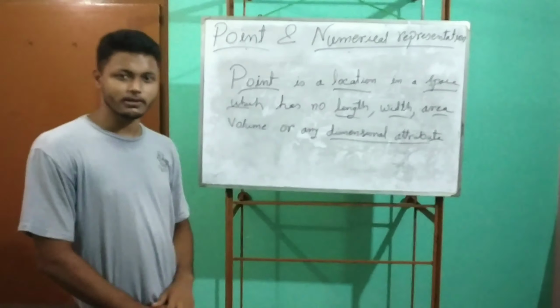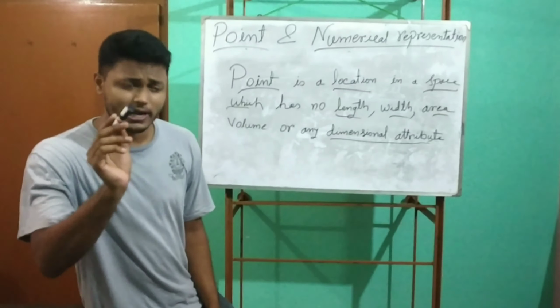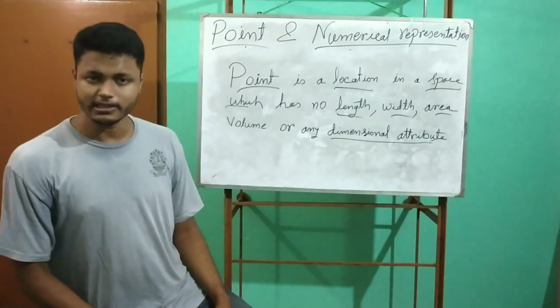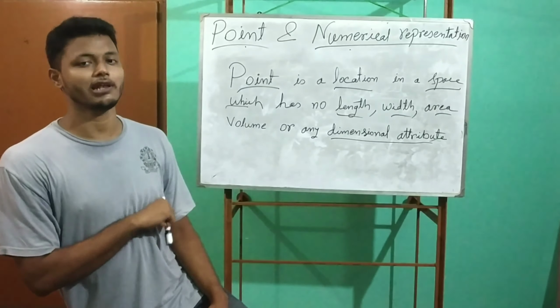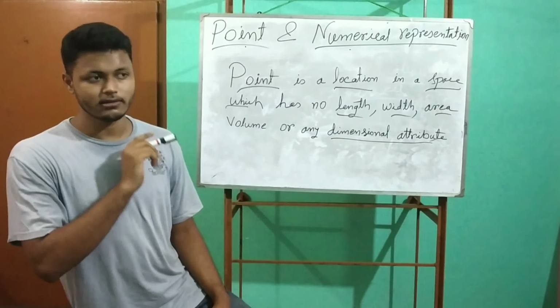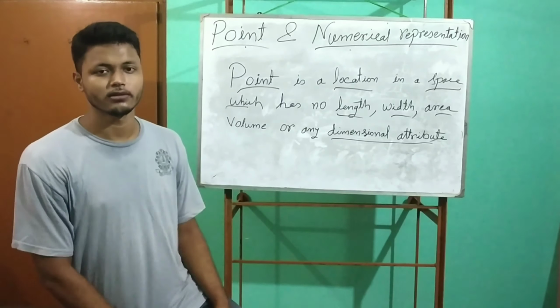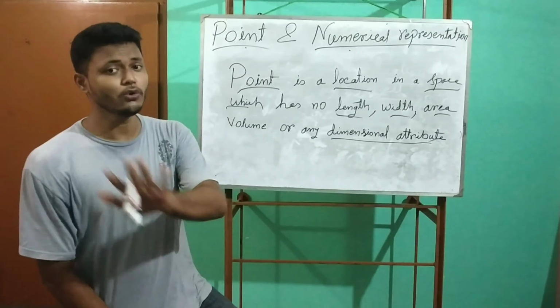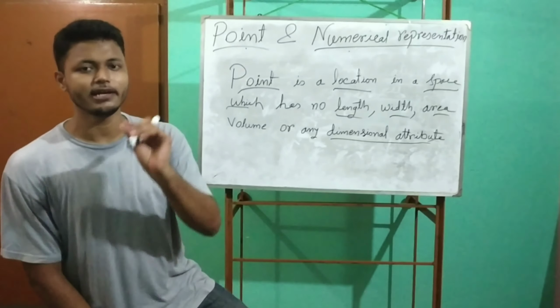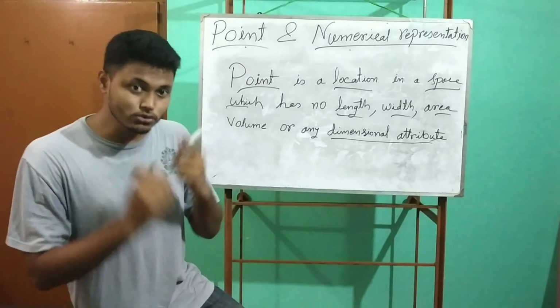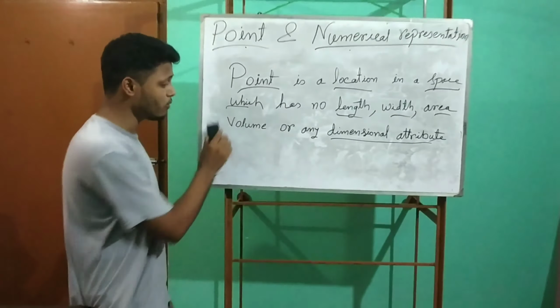But there is a problem. Even if you go at subatomic level, like neutron, proton, electron, they also possess some sort of dimensional attribute. So by any physical object, you can't represent a point. But you need to represent it by any object or any entity. Otherwise, you can't realize a point. So how to solve this problem? Basically